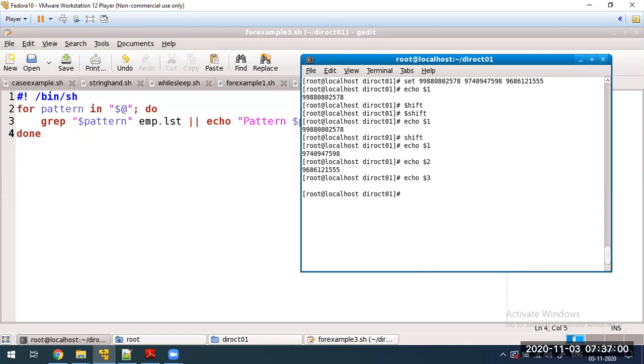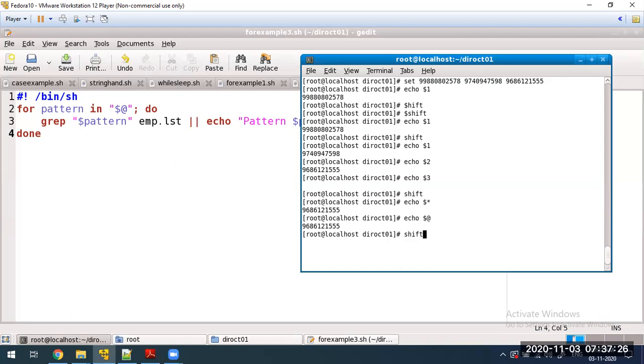If you shift once again, and now check $@ or $*, see what it contains. It contains only the last value, only one value.